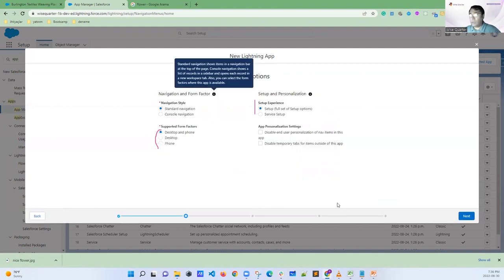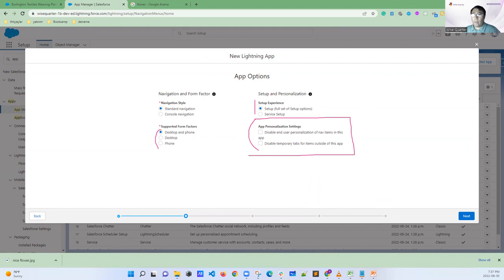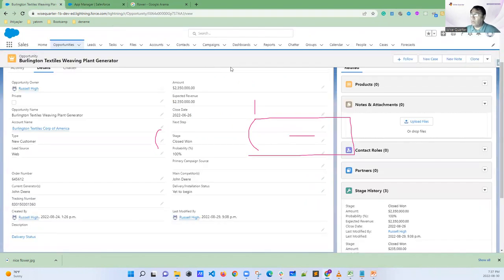You don't need to think that much. You can change it later. Now, this is important, my friends. You are going to use it later. I'll just try to explain it because we are going to update this part, okay? But you should understand, disable end user personalization. What does this mean? If you check this part, you see you have a pen here. Don't do this, but I'm going to show you something. With clicking this,